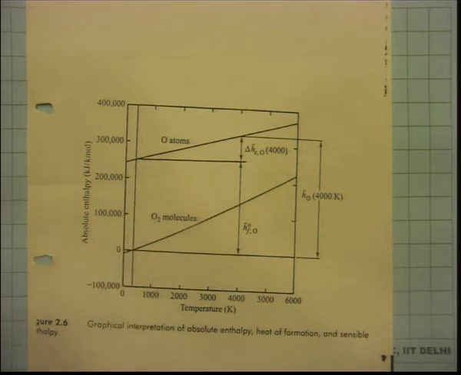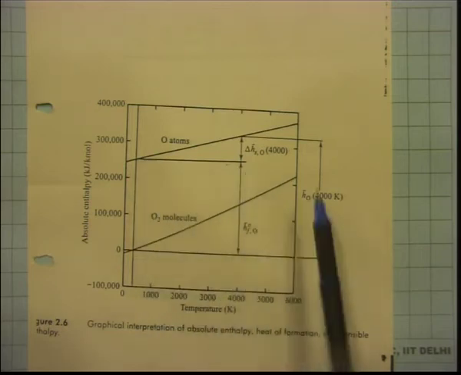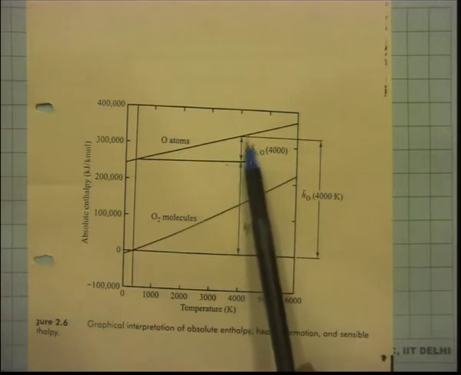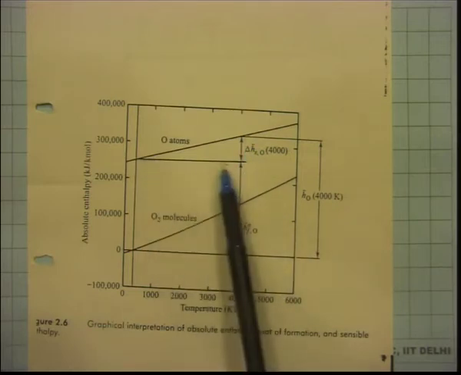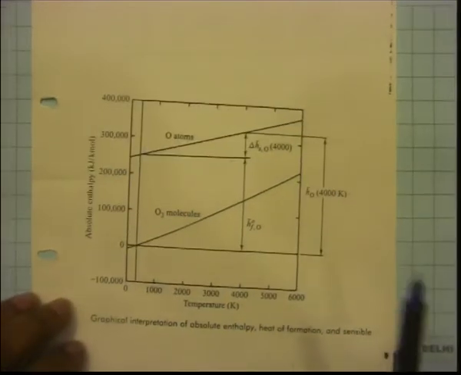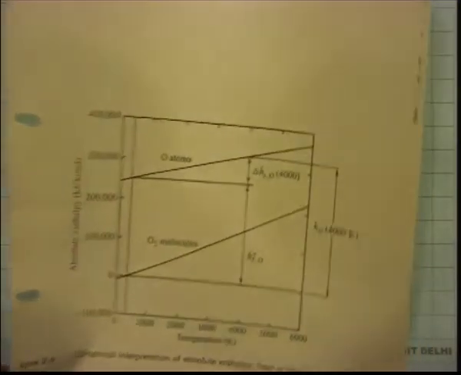If you go to some other temperature, the book actually shows 4000 Kelvin. At 4000 Kelvin you can see that there is an enthalpy of formation and there is a sensible enthalpy change. This is something which we discussed last time. The additional effect which you see here over the baseline value is the enthalpy of formation of oxygen atom. This is known, you learnt it last class, but this acts as a revision.